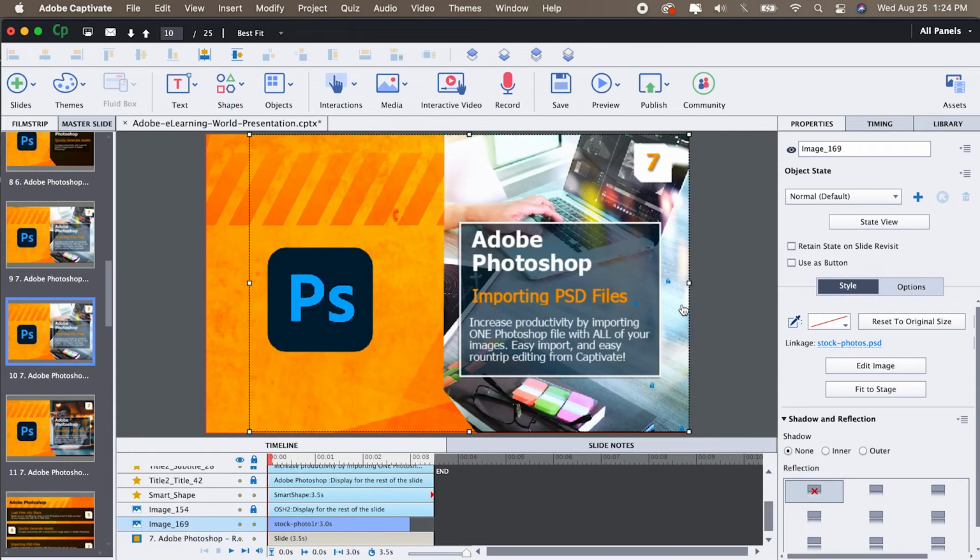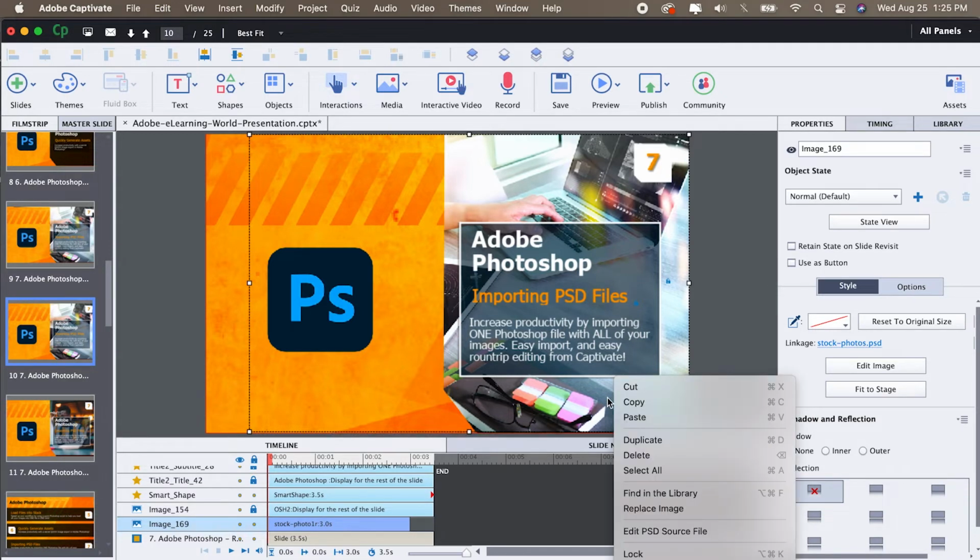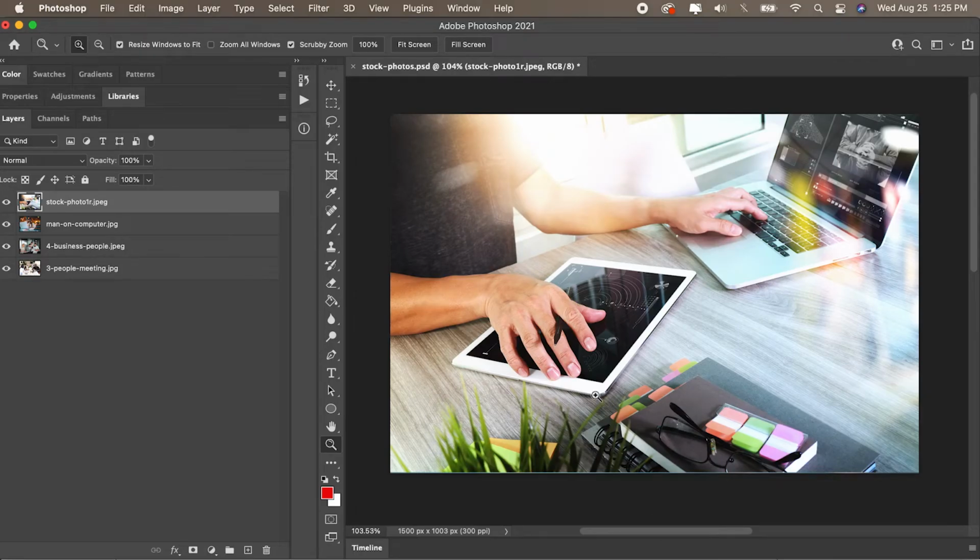So as we see, it's very easy to import our Photoshop files. It's very easy to replace images. And what if I wanted to actually change this image or make some adjustments to it? I could do that as well. We have round trip editing from Captivate to Photoshop. All I have to do is right click the image and it says edit PSD source. And I click and it opens up the stock photos.psd